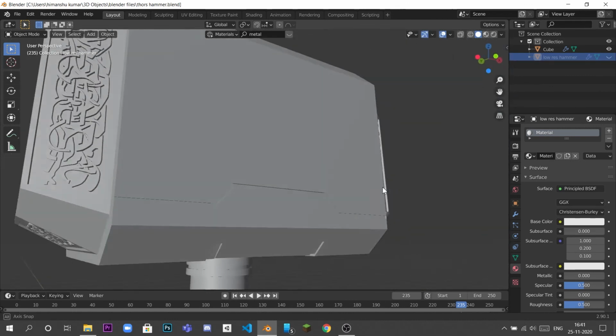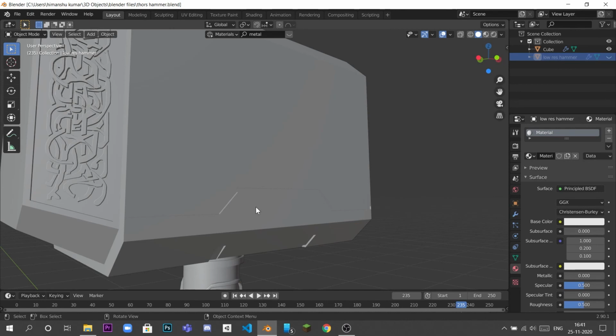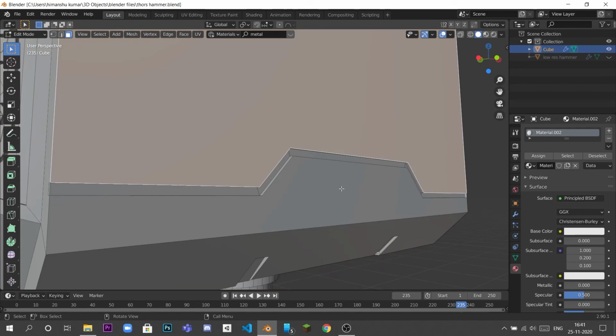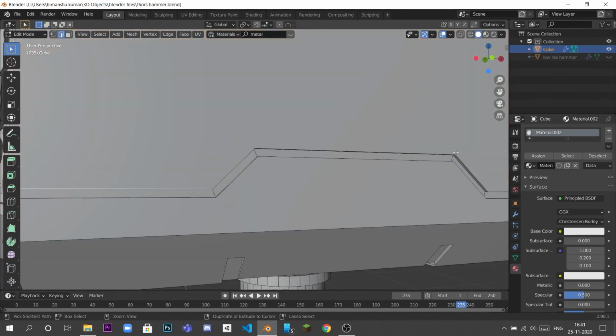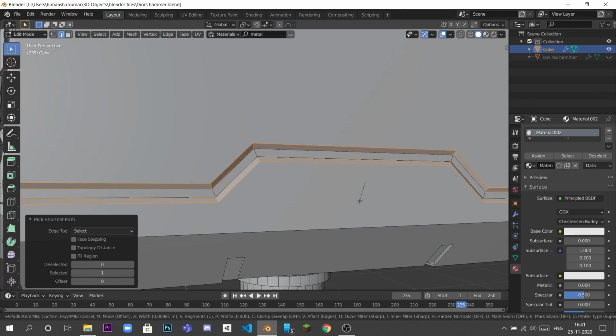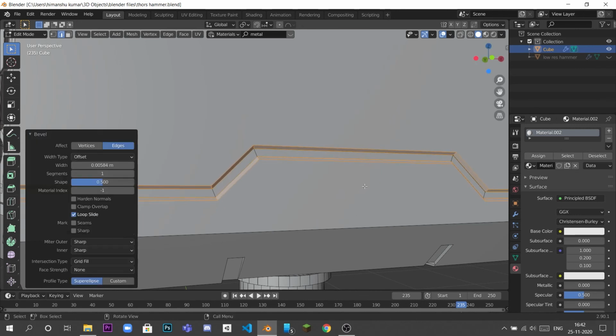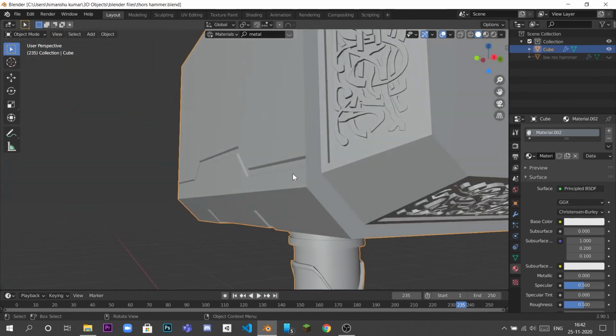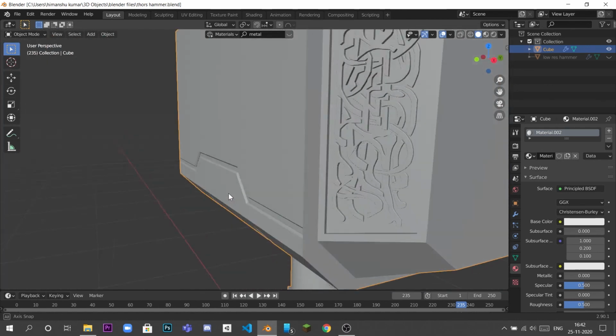What we have to do is bevel its edge so the light can pass through it and we can see it better. If we bevel a little, it will be good, like that. If we go to this view, now we can see the texture. So now, if we bake the map,